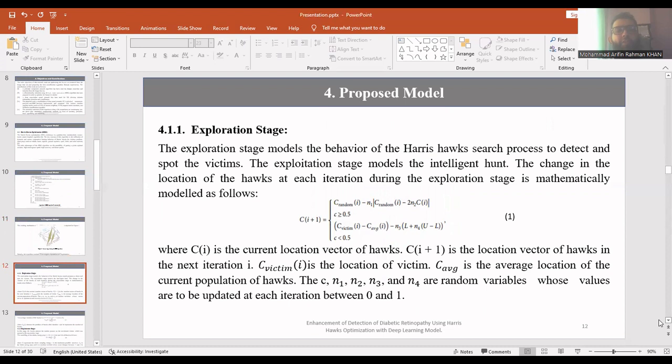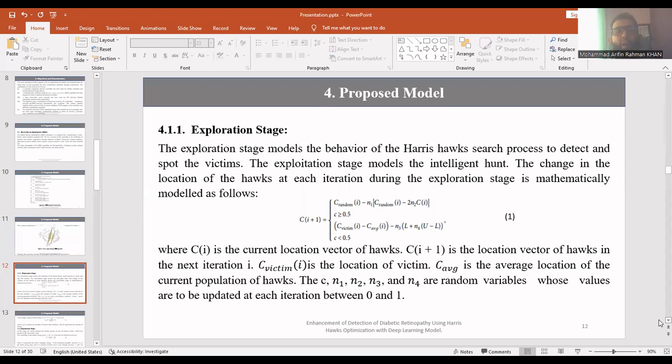Exploration stage. The exploration stage models the behavior of the Harris hawks' search process to detect and spot the victims. The exploitation stage models the intelligent attack. The change in the location of the hawks at each iteration during the exploration stage is mathematically modeled by the